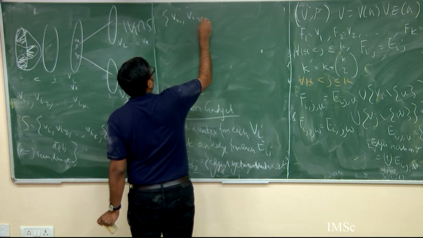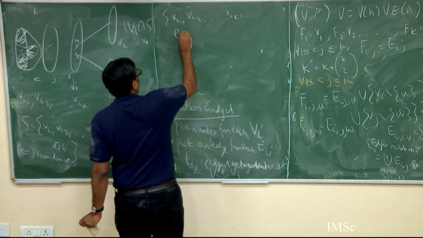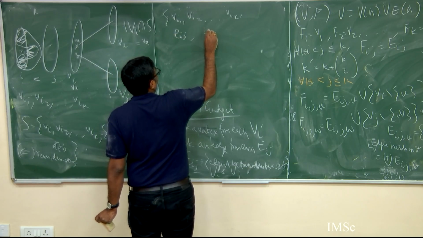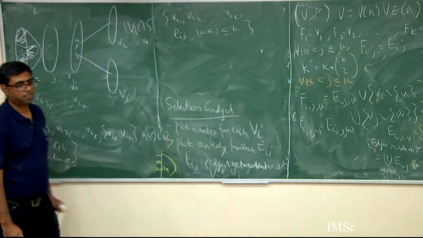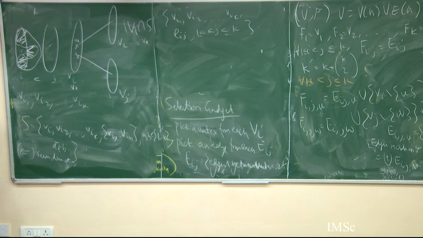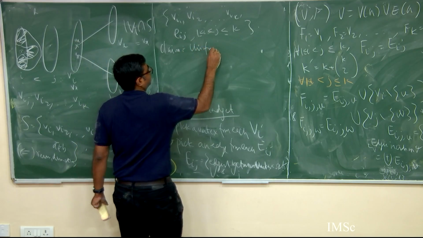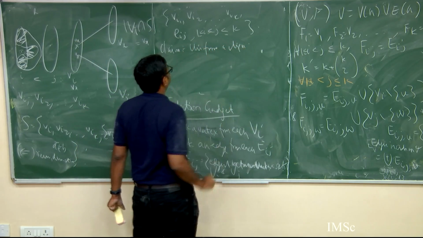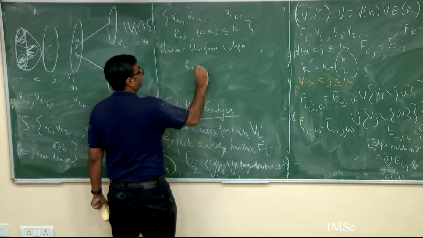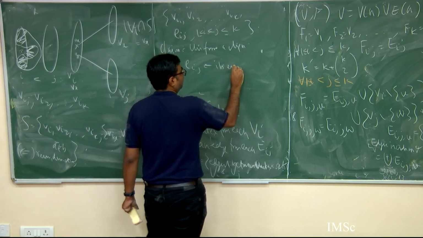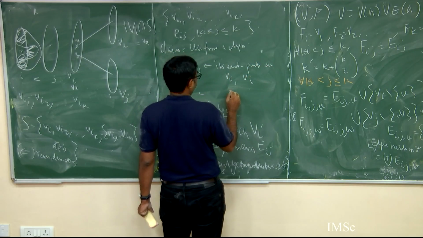V_i1, V_i2, ..., V_ik, and some E_ij. This is what you have selected. I claim this forms a clique. To do that, look at any E_ij; its endpoints are V_i1, V,